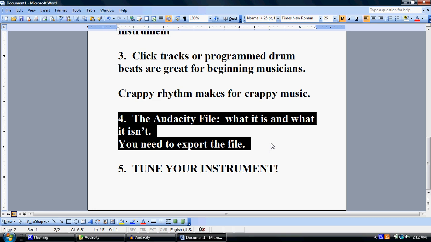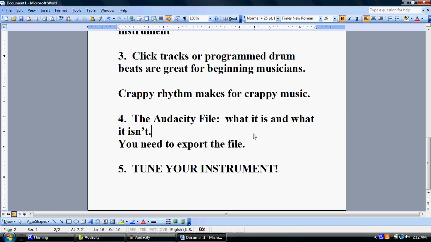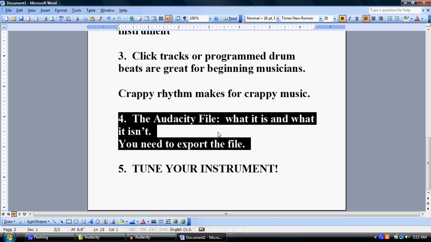Fourth concept. I'm going to explain what an Audacity file is and how to export a WAV file, but also how you want to save your files, etc. Nothing drives me more crazy than when a kid brings me a flash drive, and on the flash drive, all they have is the Microsoft Movie Maker file, and they don't have the movie exported as a file format like an MPEG or an AVI. And they go, well, I got my project, and they turn it in. I can do nothing with that